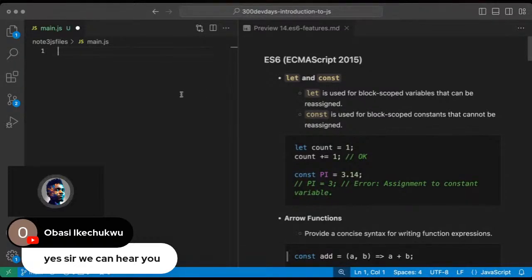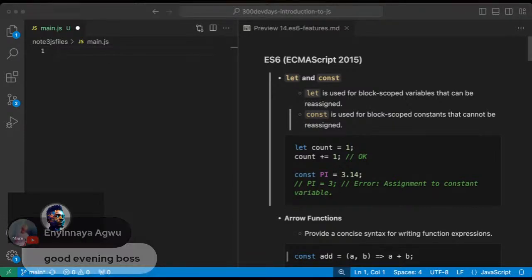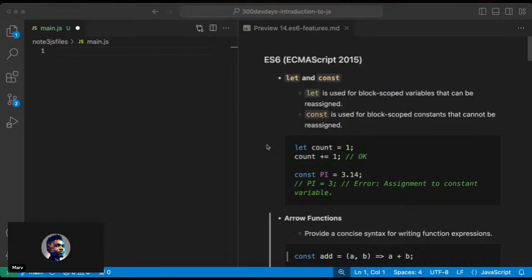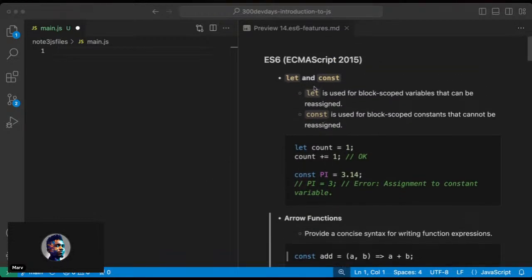Okay, so we've actually looked into a couple of topics when it comes to learning JavaScript, and today we're going to be covering ECMAScript, which is what we also call ES6. Some of the things we're going to be looking at range from let and const. These are some of the features that were introduced, rather than the regular var option for creating variables. So we have let, we have const.